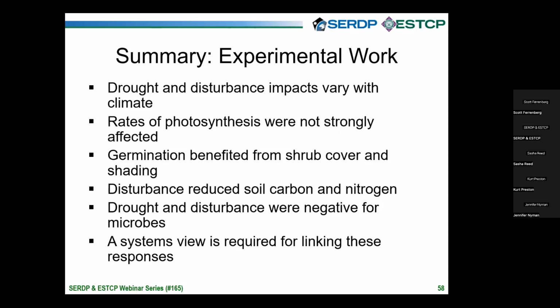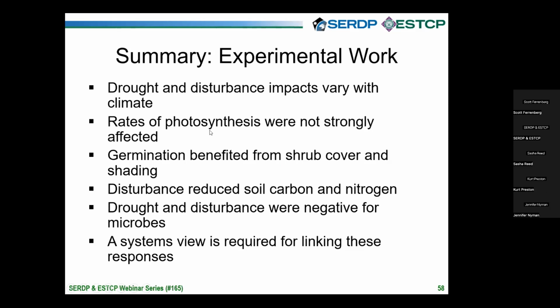Rates of photosynthesis were not strongly affected in 2 of the 3 shrubs. And I didn't mention while showing you that panel, our 2 southernmost sites with creosote and mesquite have shrubs that are strongly adapted to drought. They're known drought tolerators. And we can also go out and chop them off and they will resprout from the root mass. So they have an evolved life history that deals with disturbance really well. If we chop a sagebrush off, we end up with a dead stump. And they are also known to occur in wetter, cooler microsites. So it fits with what we know about the evolution of these shrubs, that they would respond the way they did in terms of photosynthesis.